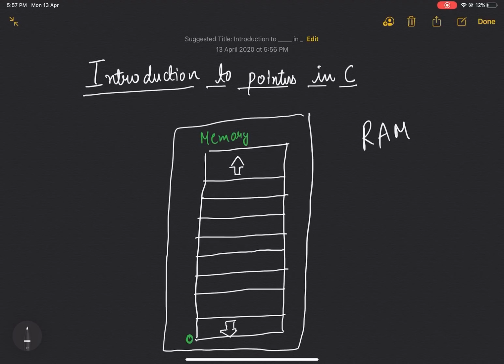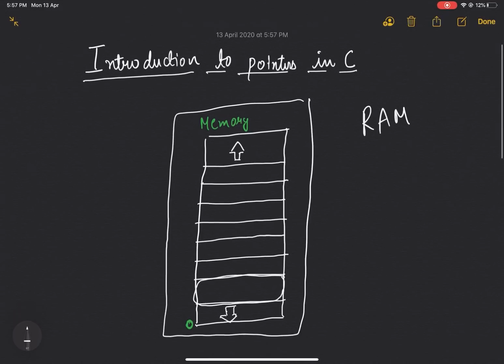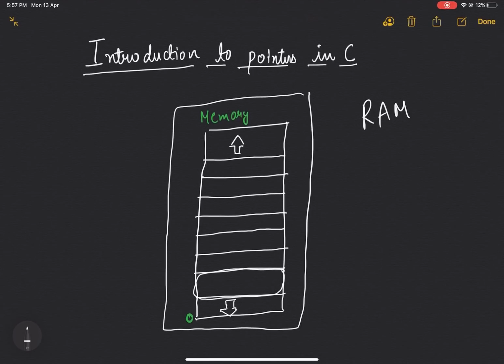In the typical memory architecture, each byte of memory has an address. Let's say this partition represents one byte of memory. Let's keep it simple: the byte deep down in memory has address 0, then address 1, address 2 and so on.